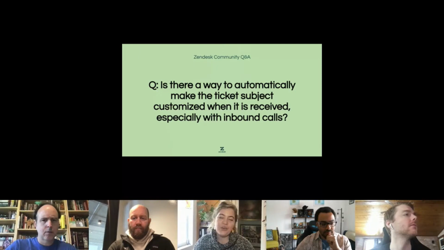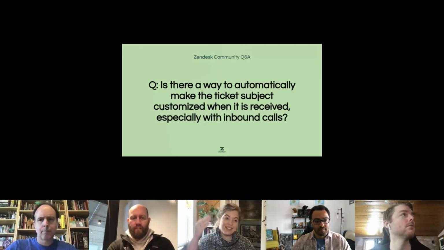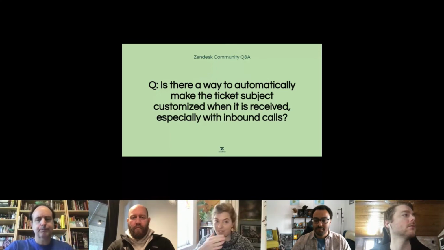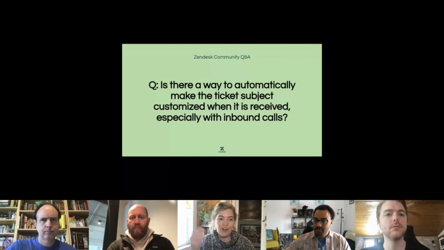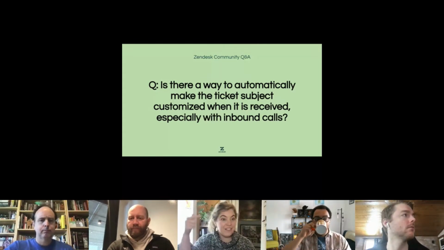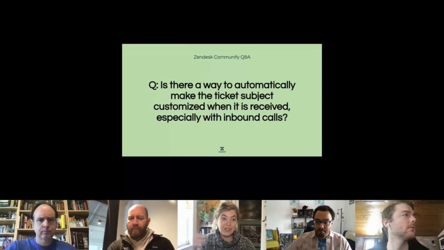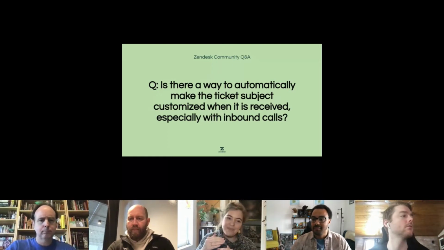No. The reason why is that updating the same ticket that is firing the trigger can cause what we call a race condition. Because the ticket creation event, whether the channel is talk, incoming call, or voicemail, is the ticket itself firing the trigger to say, when ticket is created, do this. When the trigger tries to run and update the ticket as the ticket is already being updated,